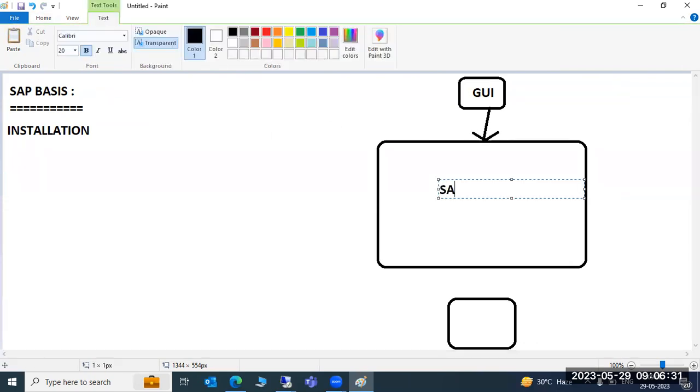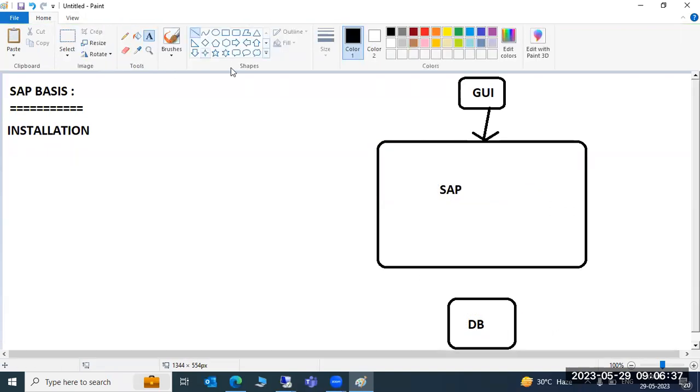This is our SAP application layer. SAP will depend on the database. Without a database, we cannot run SAP. So that is the reason SAP will depend on the database here.